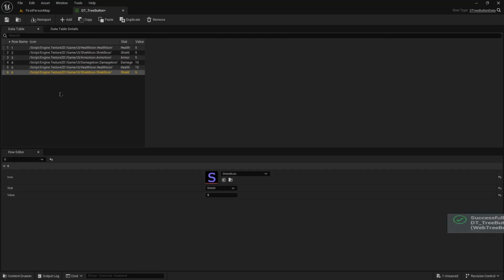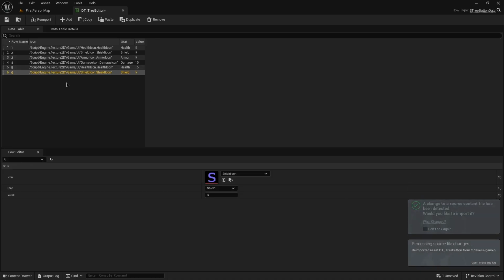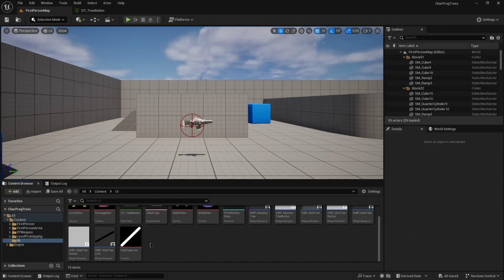Hit re-import, and there we go. Although, because it changed, it does also pop this up again. You can hit import or don't import. It won't matter in this case. So with that set up, I'm going to go back into our web tree button